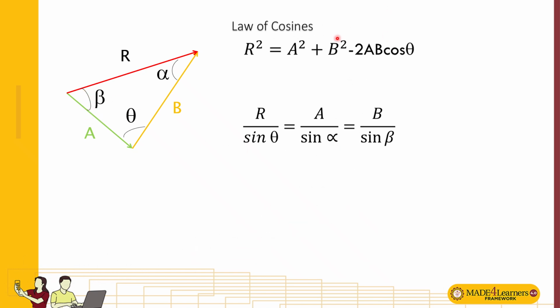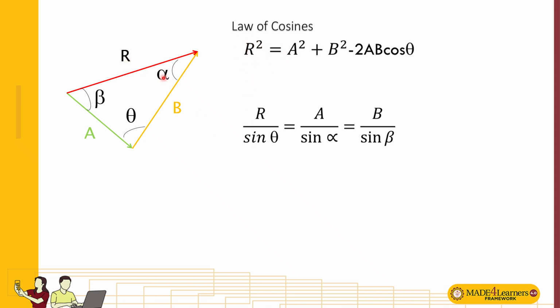So the law of cosines is this one. The square of a side of a triangle is always equal to this third side here of the equation. So it's the square of another side, plus the square of the last side, and then you subtract 2 times the product of these two sides and then cosine of this angle, which is opposite to the side that you have written here on the left side of the equation.